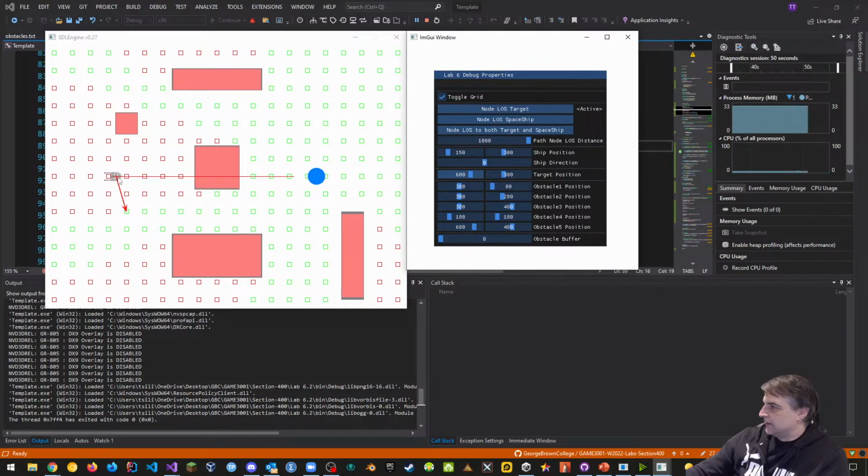So you draw a line from the spaceship to the closest node. You find out what the closest node is, the distance between the ship and the closest node, and then from there you can draw a straight line to the target, and that'll be okay. If you move things around, you could toggle that line on and off here in IMGUI. That's what I recommend you do. I think it's going to be a much better solution than if you draw a line once and it stays there forever. Doesn't look right.